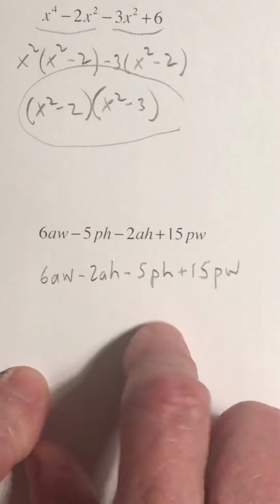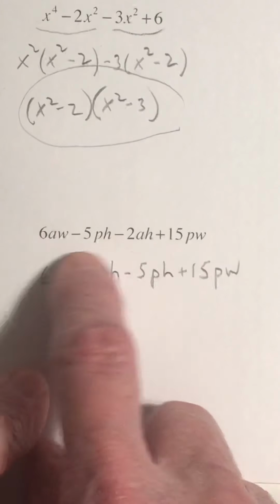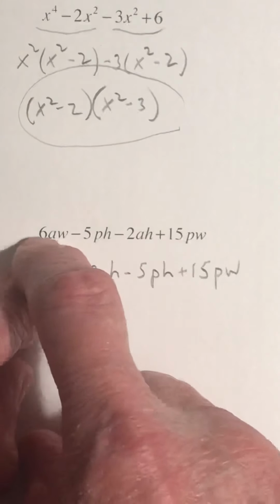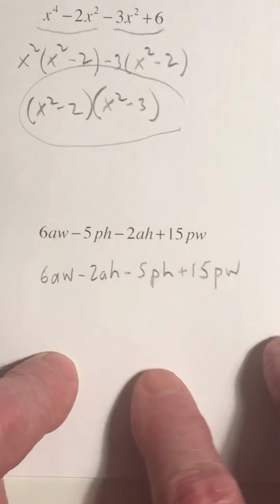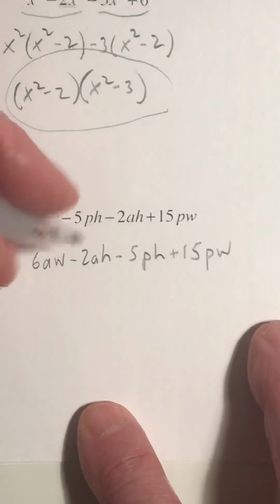So the moral of the story here is, if at first you don't see any common factor from the first pair and the second pair, try rearranging the two in the middle, or rearrange those two, or even rearrange those two, and usually something else works. So